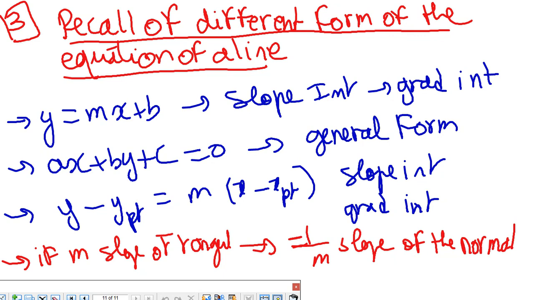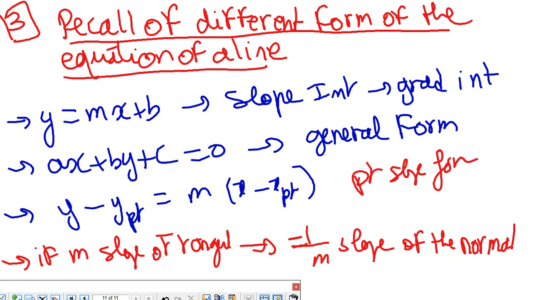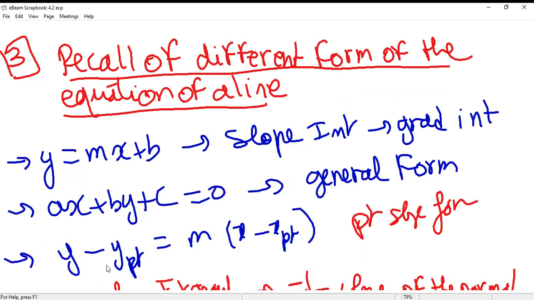So not slope intercept. How did I write that? It's point slope form or point gradient form. And we know that if m is the slope of a tangent, what's going to be the slope of the normal? Because it's perpendicular, we know that the slope should be the negative reciprocal. That's it, guys. It's very simple, very easy. Just try to watch it again and you will